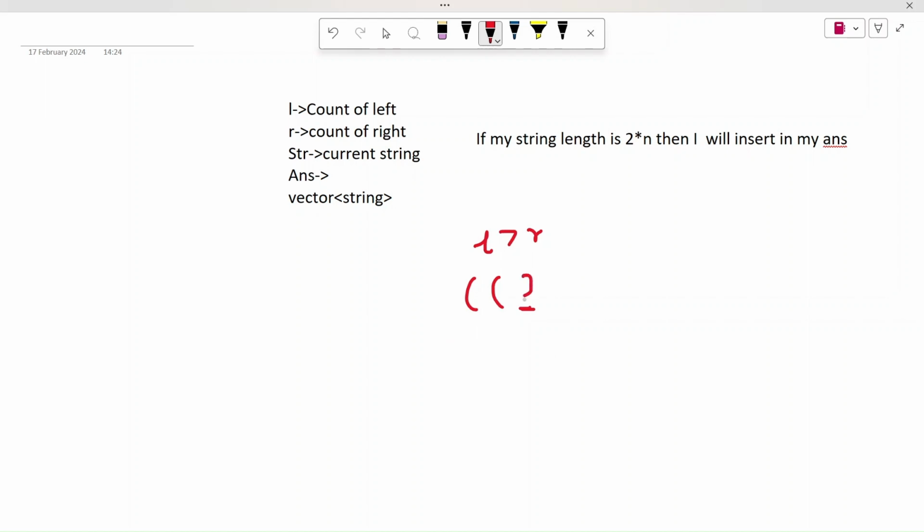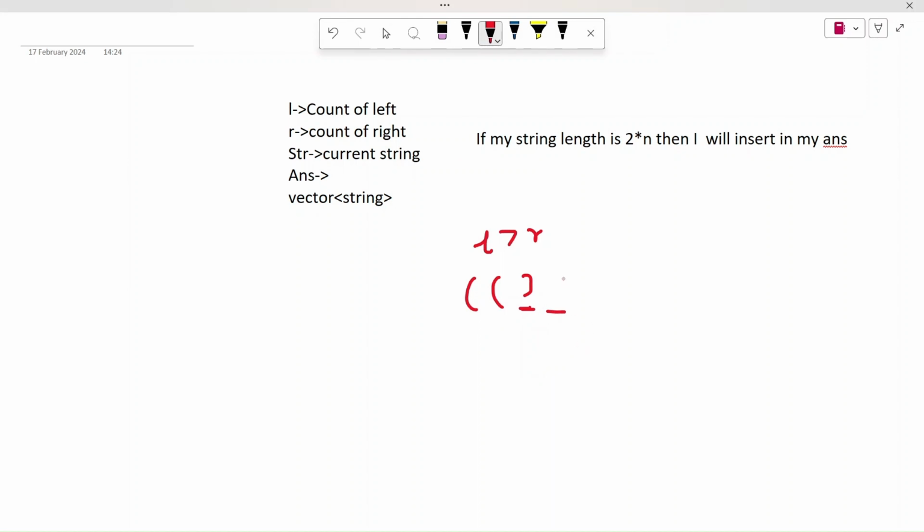Either I can have this, or I can have this, right? Let's say my n is equal to 5, so I have these possibilities. Further, here also I have two possibilities. I can have left, or I can have right here. So continuing only this thing, I have two possibilities. Further, if I want to do it, what is the possibility of